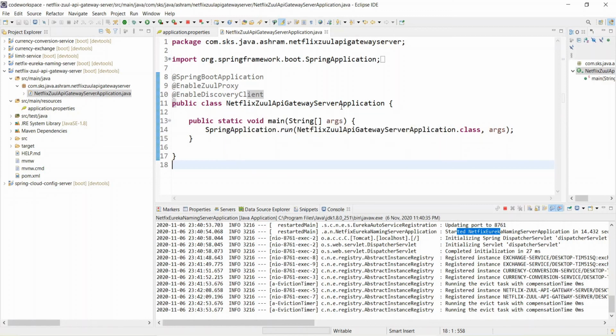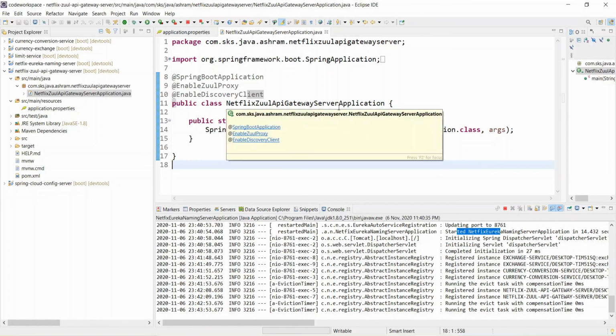In the next step we will see how you can implement the Zuul logging filter. So the second step is deciding how you will be implementing this. We will show you an example of a logging filter, how you can implement the logger, so that all the other microservices can use that logger.